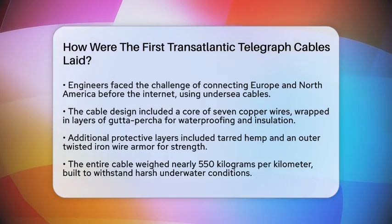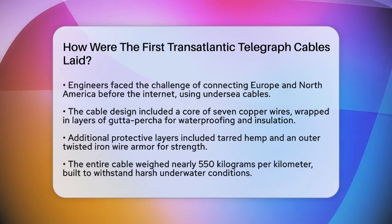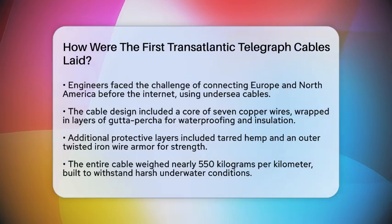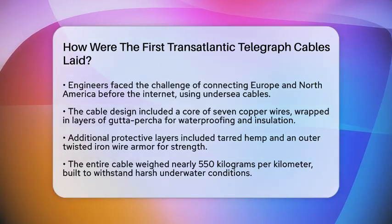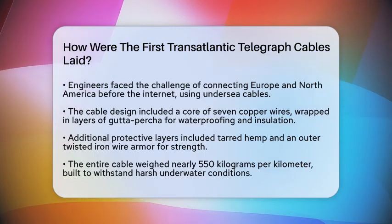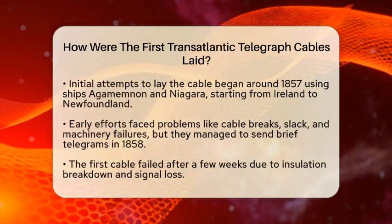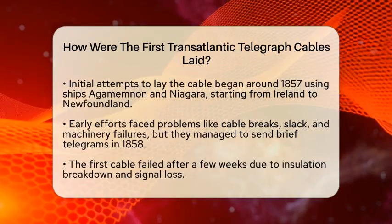First, they designed a cable with a core of 7 copper wires, each weighing about 26 kilograms per kilometer. Copper was chosen because it conducts electricity well. Around this core, they wrapped multiple layers of gutta percha, a natural rubber-like material that kept the cable waterproof and insulated. Then, they added tarred hemp for extra protection and an outer layer of twisted iron wires to make it strong enough to resist ocean pressures and rough seabed conditions. The entire cable weighed nearly 550 kilograms per kilometer, a hefty but flexible bundle built to withstand the harsh underwater